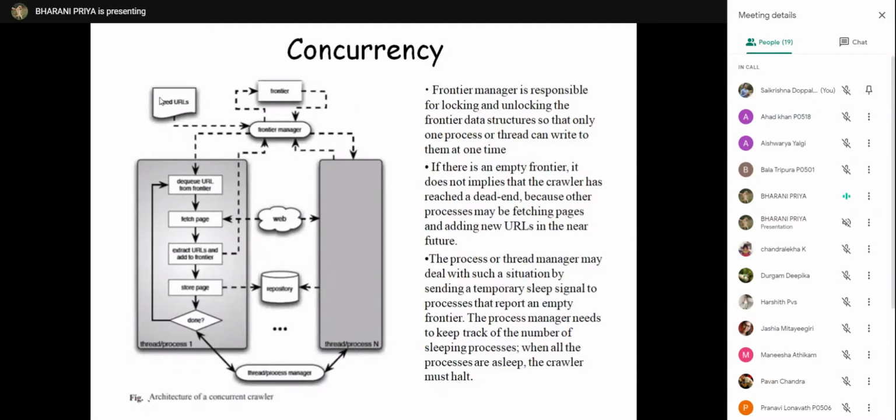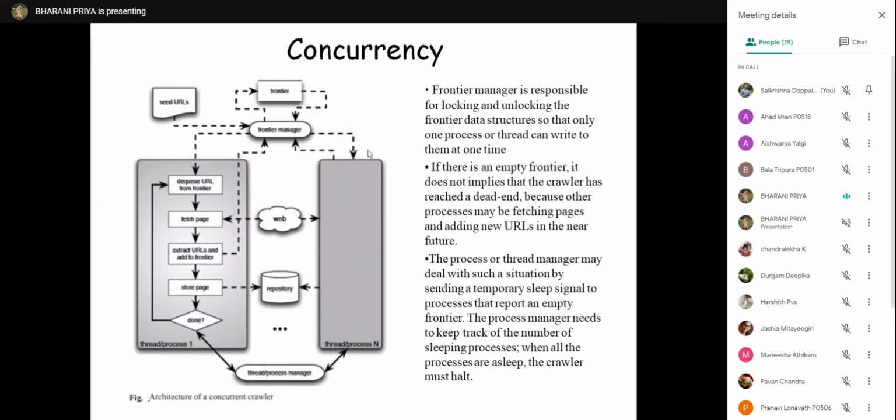At first, some seed URLs are given to the frontier manager, and the frontier manager is responsible for locking and unlocking the frontier data structure. CPU utilization, disk, everything is done concurrently, but when they use the shared data, they should be synchronized, and that is done by the frontier manager. At any time, if the frontier is empty, it does not mean it is empty forever.